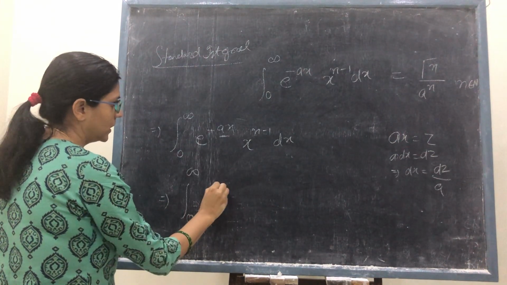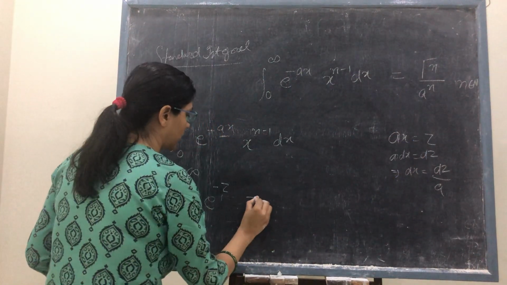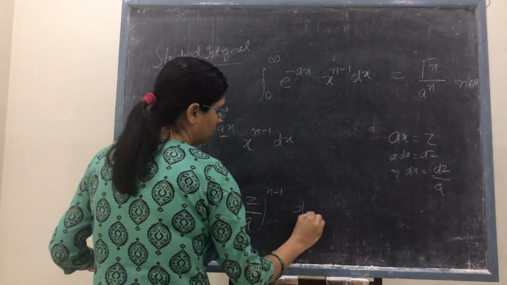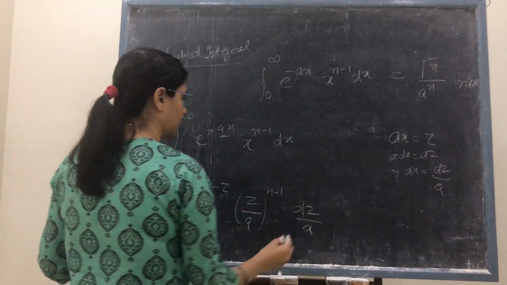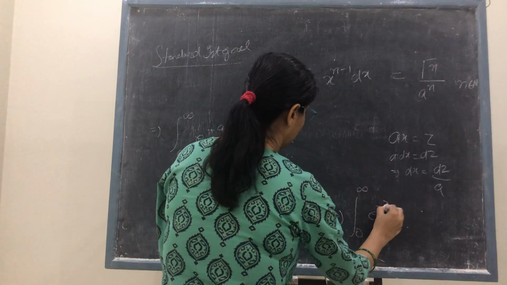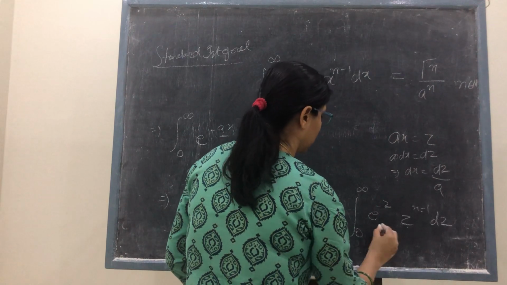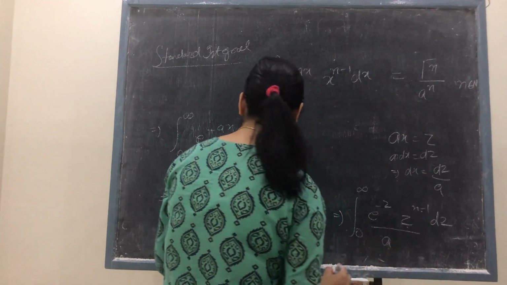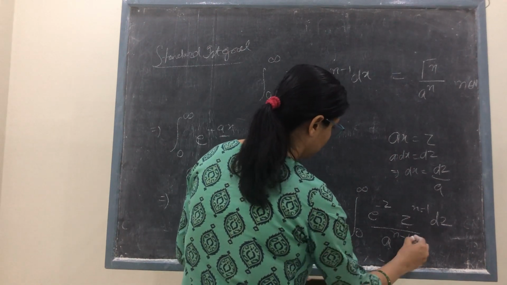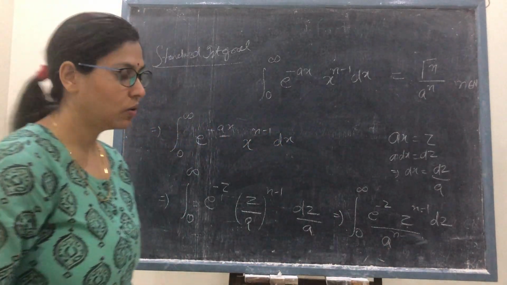e raised to the power minus ax. This is z. Here we will get x as z upon a, and minus 1. This is dz over a. It can be written as 0 to infinity e raised to the power minus z, z to the power n minus 1 dz over a raised to the power n minus 1, plus this one a. This is cancelled out, so this is only, and now